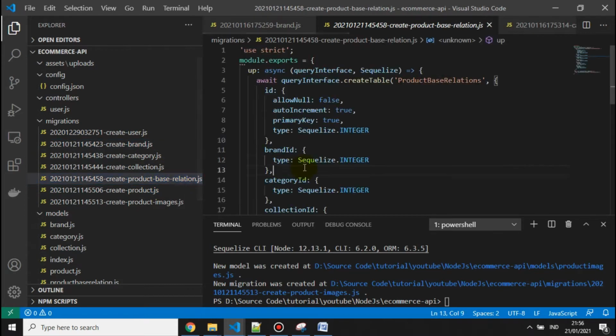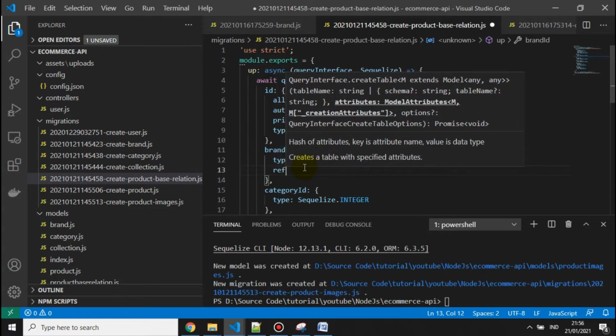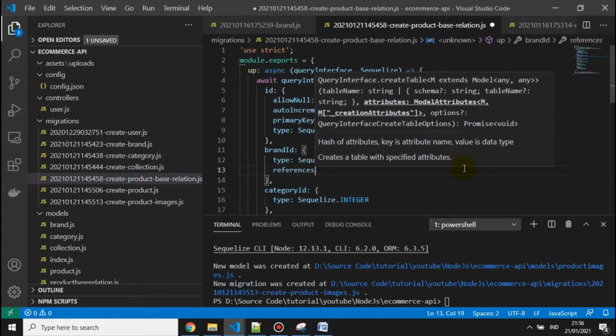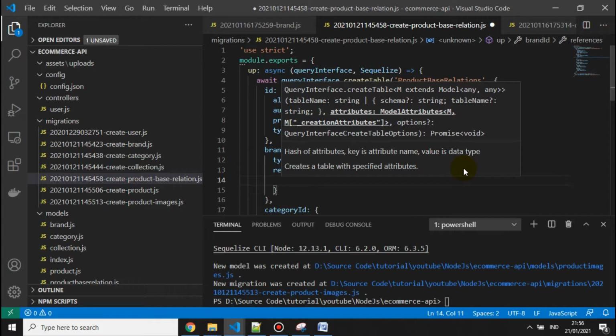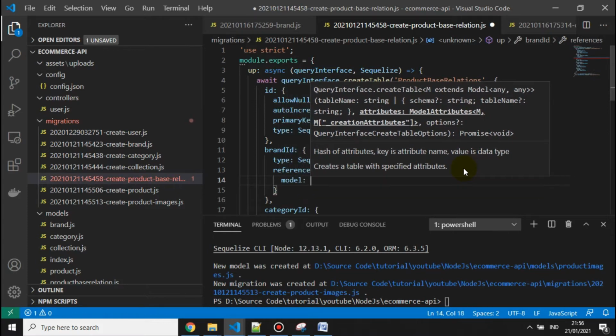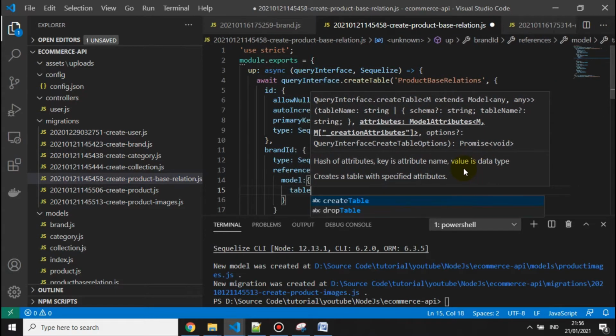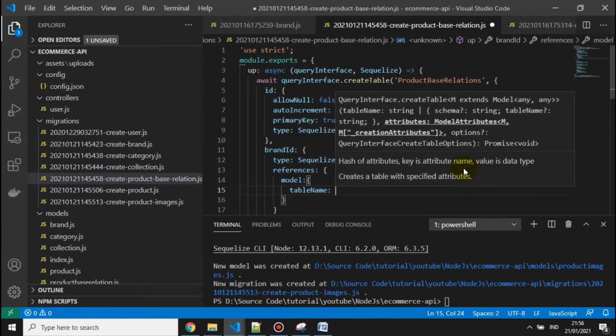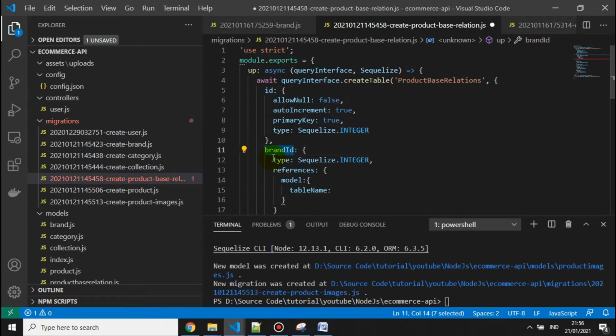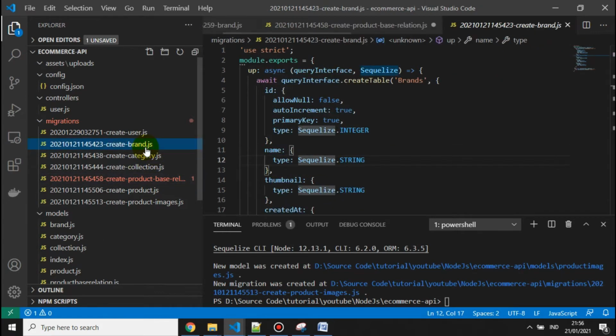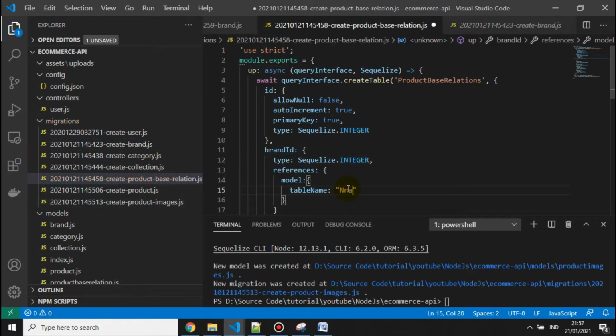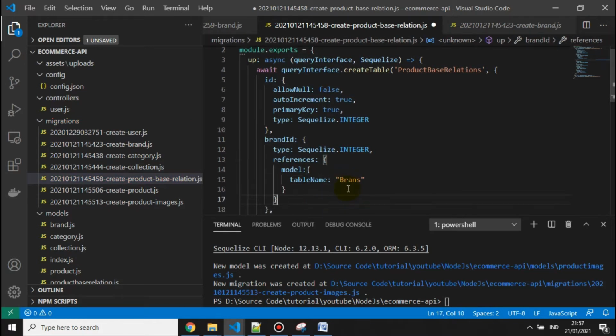We need to set it here. So in Sequelize, if you want to create a foreign key in migration, you just need to type references and then a model, and then give the table name, because this brand ID will refer to this model or this table. So we need to give the name brands. Okay,